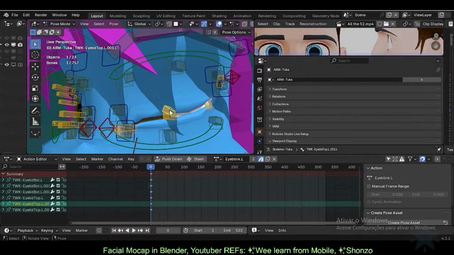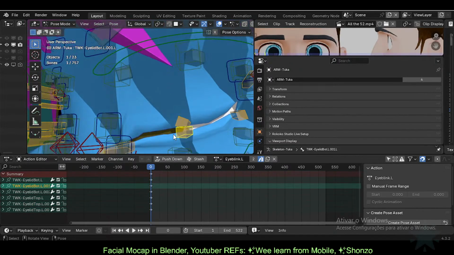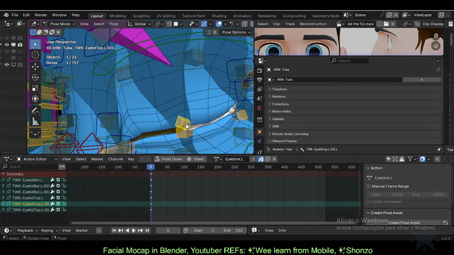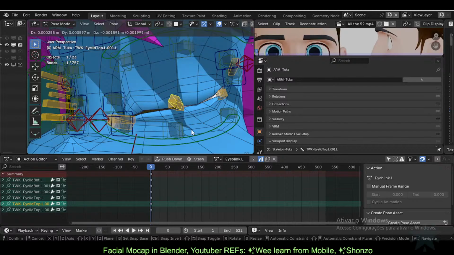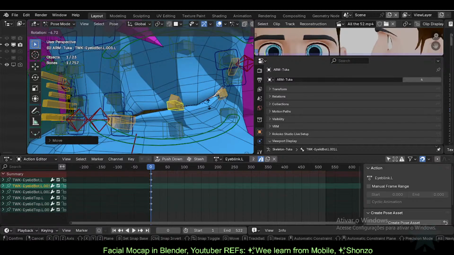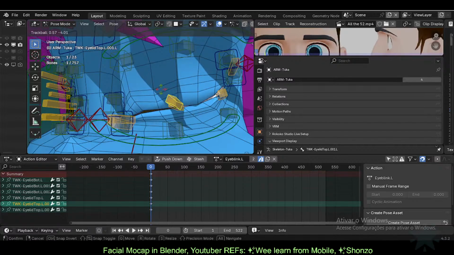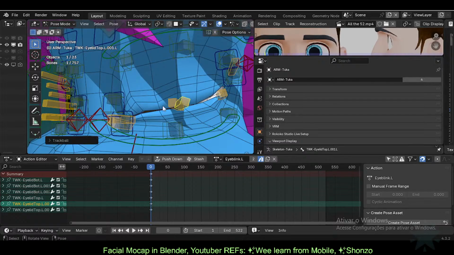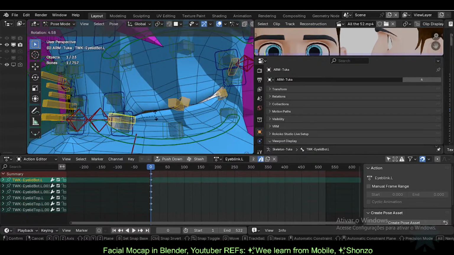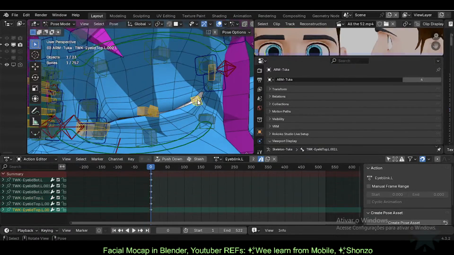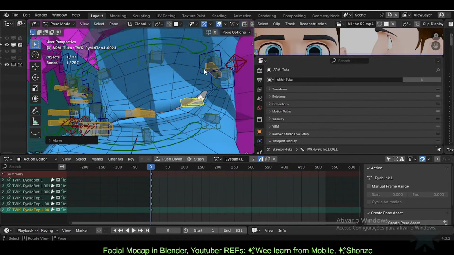It should be. Looks like I've lost something about the pose. And clear. So let's do it again. Just some tweaks here and there, and